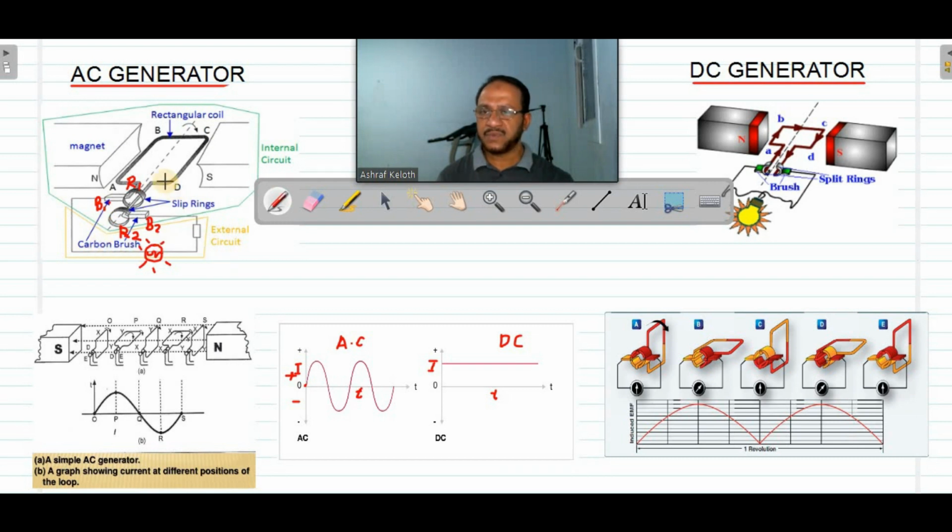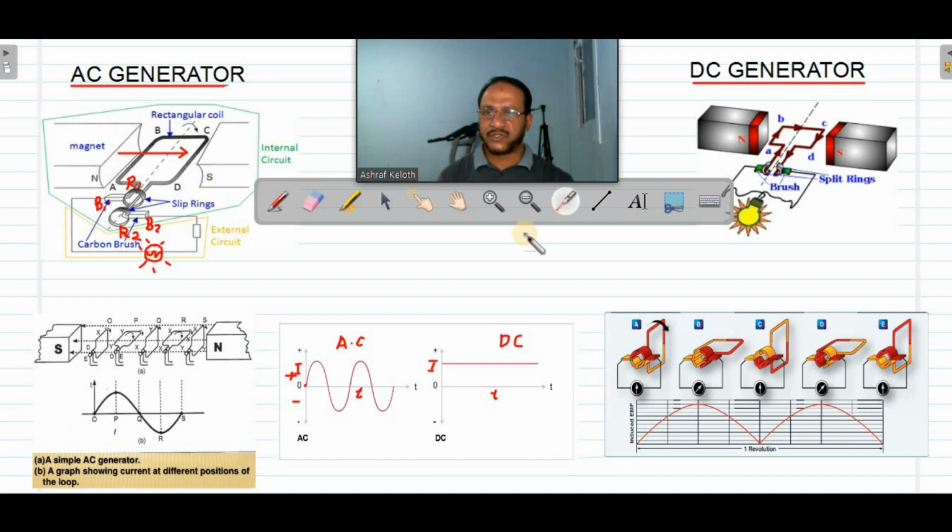circuit. And second thing, this rectangular coil ABCD is placed in a magnetic field created by field magnets. There are two magnets here, one magnet north pole, other magnet south pole. From north to south, in this direction, magnetic field lines will be moving. So this ABCD rectangular coil is placed in a strong magnetic field as shown in this figure, in the direction from north to south. This much only is the construction of a generator.